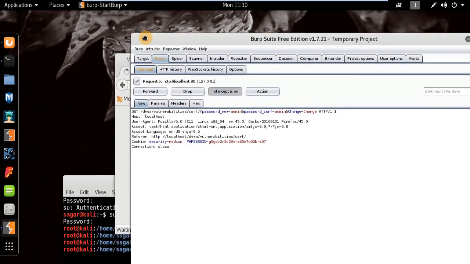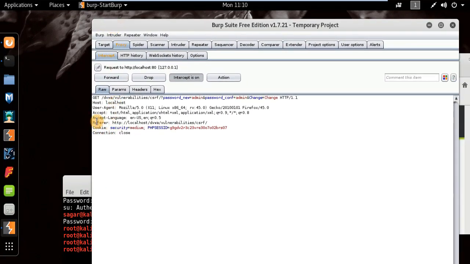Here we have got the request. Now here you can see the referrer, and the referrer is localhost/tvws/vulnerability/csrf. Now until this is the same host, which is localhost, it's going to work. But let's assume you took this URL,